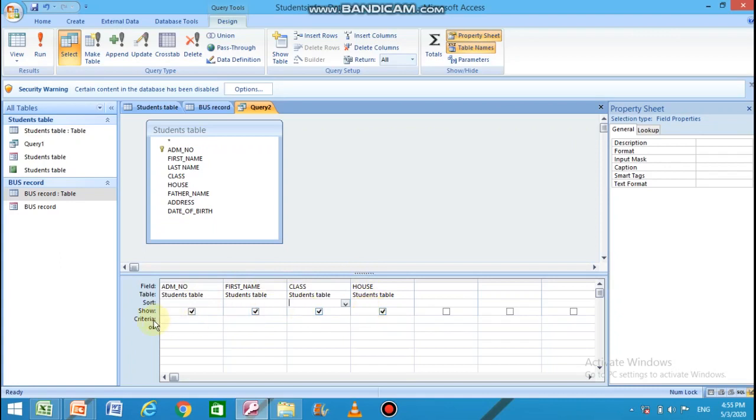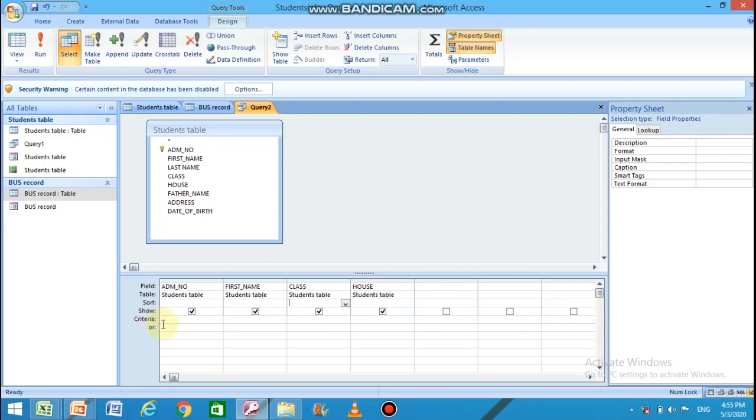Criteria means condition. The condition was to display all the students of class 8. So the criteria means condition, and the condition is class 8, all the students of class 8 to be displayed.